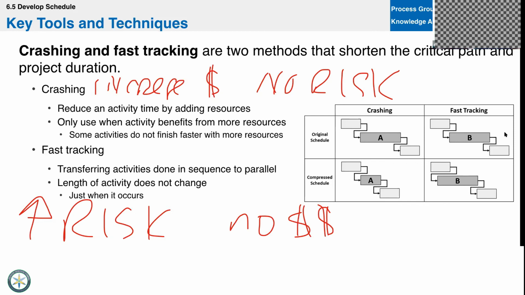But typically, in the exam theoretical world versus a practical application, it's more difficult to fast track activities with that type of relationship unless you have scenarios like the ones I gave you. So you're right, but for the exam, they're just going to be very